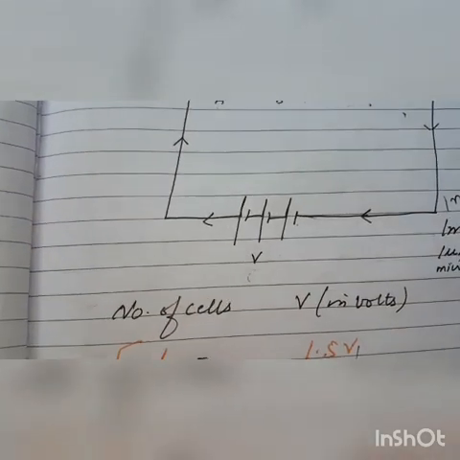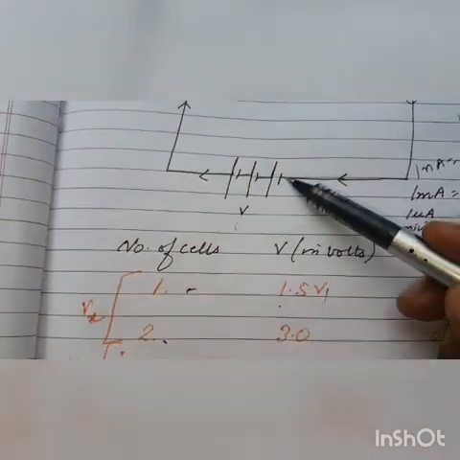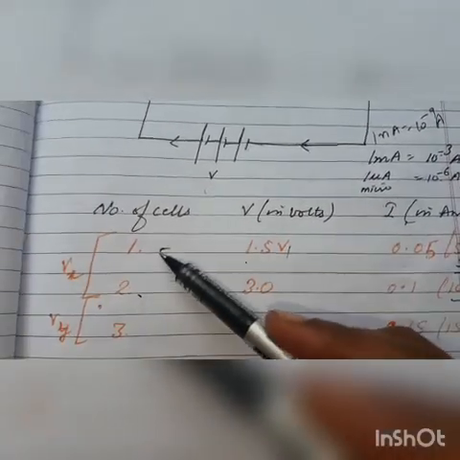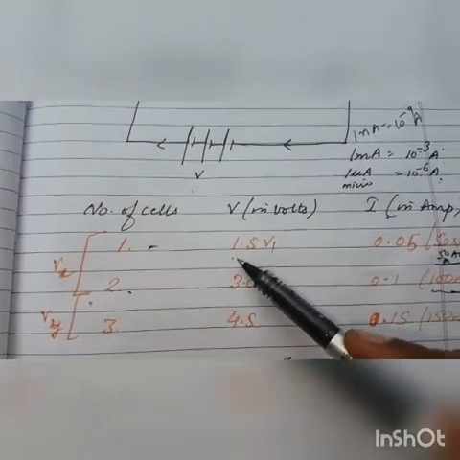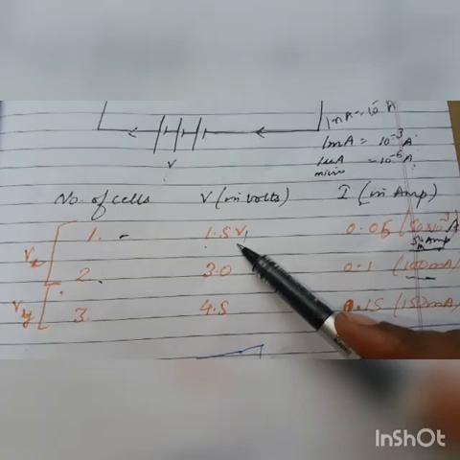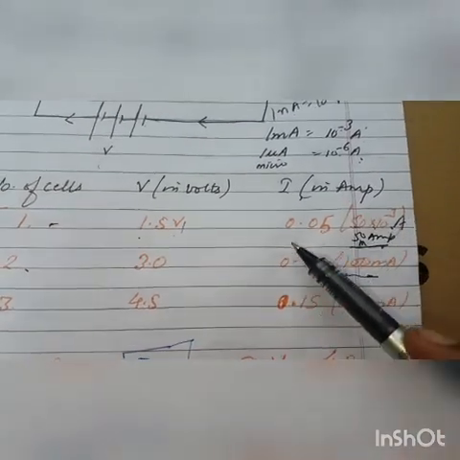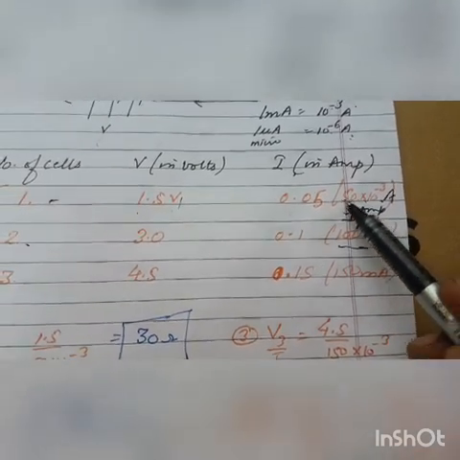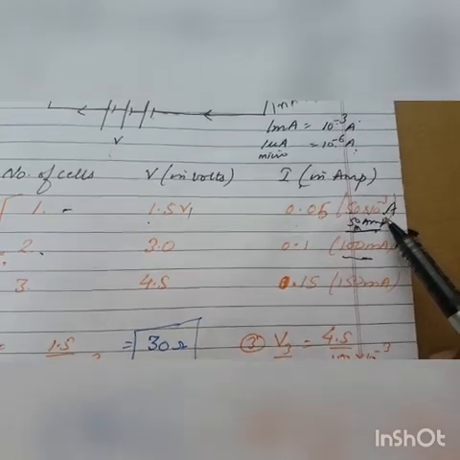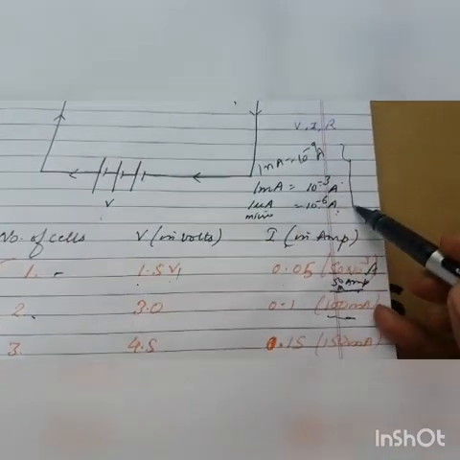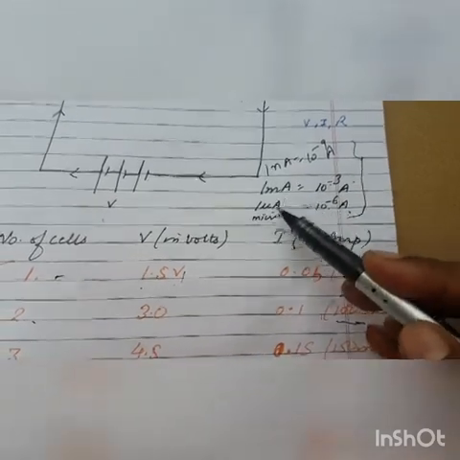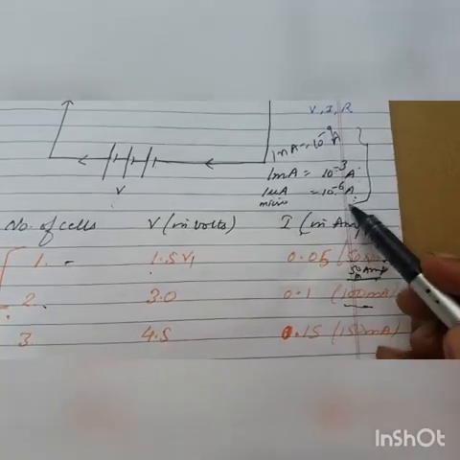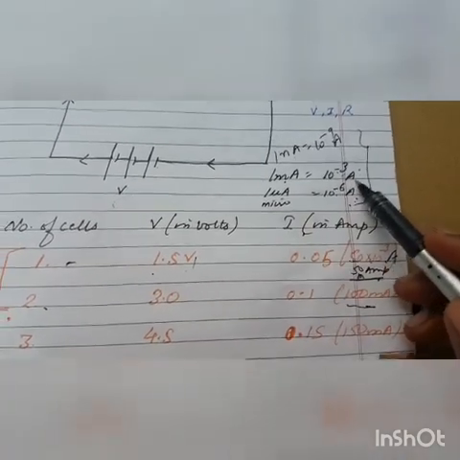For this activity, we are going to connect these 3 cells one by one, and let us see what is the relation between V and I. First of all, we have connected just a single cell that is going to offer us a potential of 1.5 volt. Let us say that the current corresponding to this potential is 0.05 amperes, or it can also be written as 50 milliamperes or 50 into 10 raised to power minus 3 amperes. These are the small units of current: milliampere, microampere or nanoampere. Nano is 10 raised to power minus 9, micro is 10 raised to power minus 6, and milli is 10 raised to power minus 3 amperes.